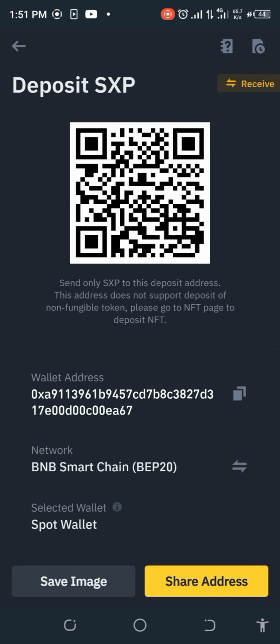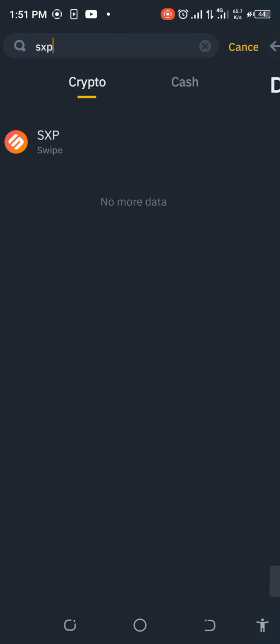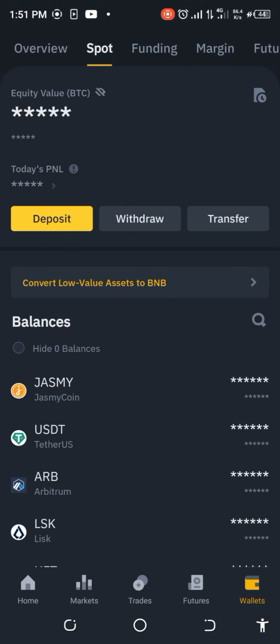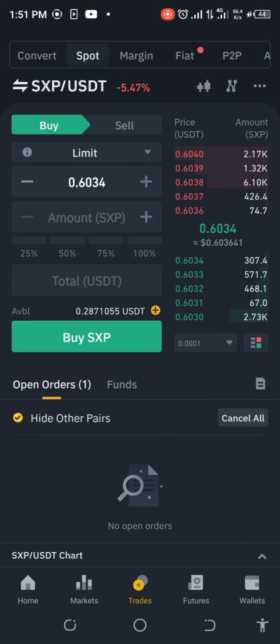So now you can see that all of these things point to the simple fact that we have to be very observant. Even though you see a lot of opportunities arise, you just have to be very careful and very observant so that you don't lose your money. Remember, once you send any coin through a wrong network, to a wrong wallet address, it's gone. It is totally gone. You can't retrieve it.